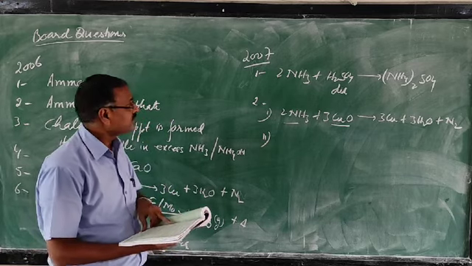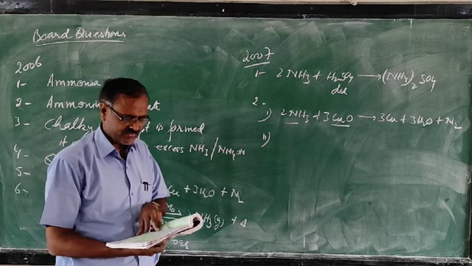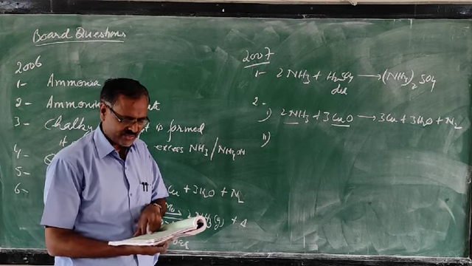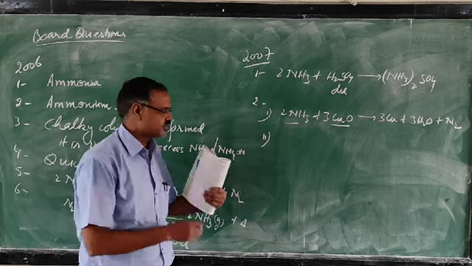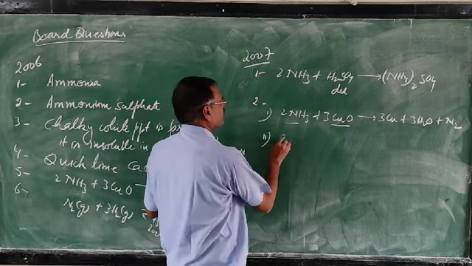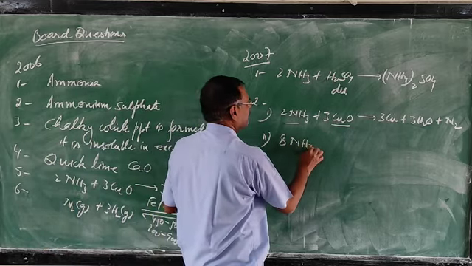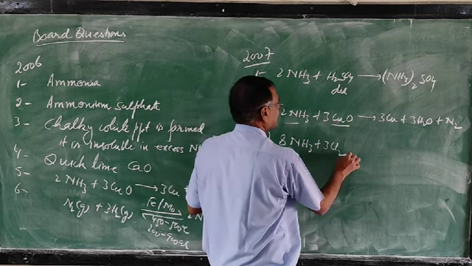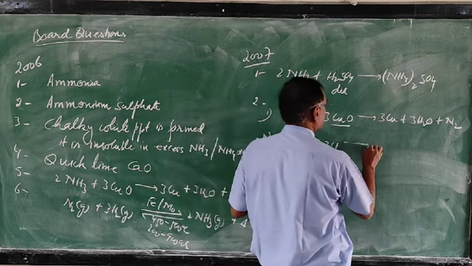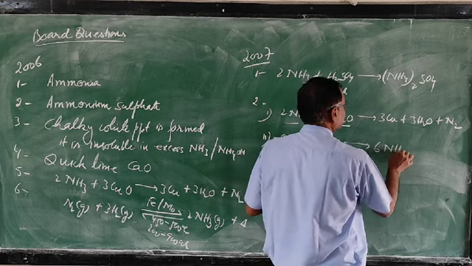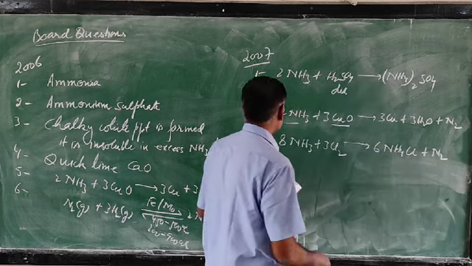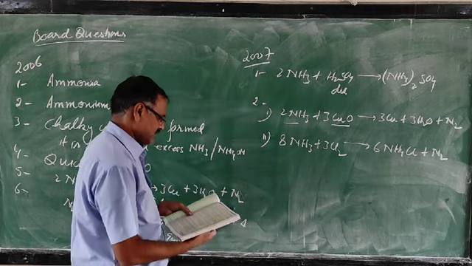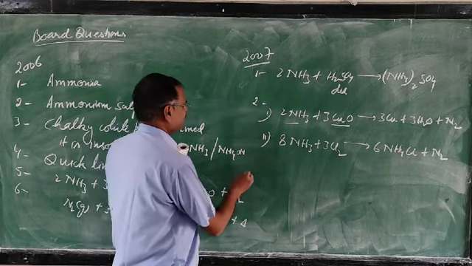So, second one: give the equation for the reaction in which ammonia is oxidized by a metal oxide and a gas which is not oxygen. So chlorine you can take: 8NH3 reacts with 3 molecules of chlorine, it will form... Then third one,